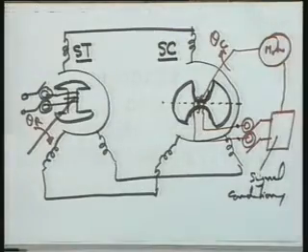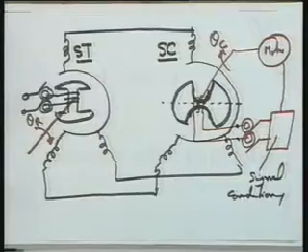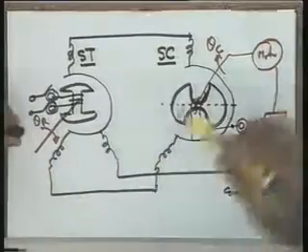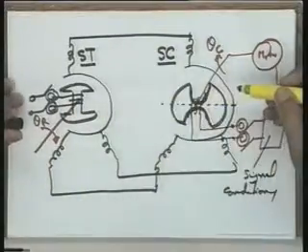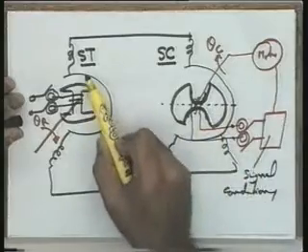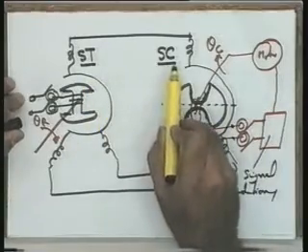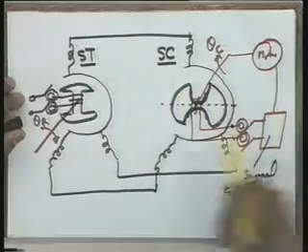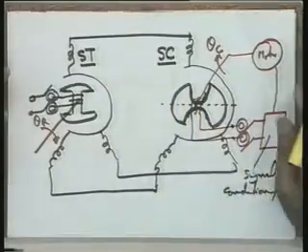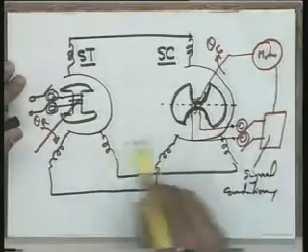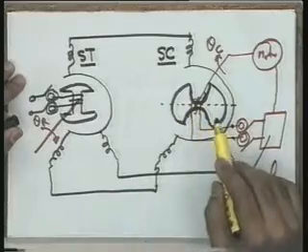Last time, if you recall, we were discussing an error detector called a synchro error detector. I gave you this schematic diagram. In this particular diagram, two devices are connected. One device is referred to as the synchro transmitter and the other device is the synchro control transformer. I told you that the two devices are identical in nature, but for the difference in their rotor construction,